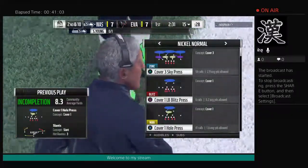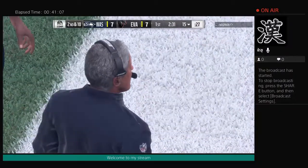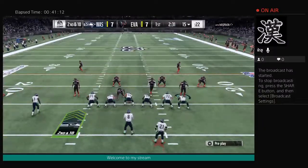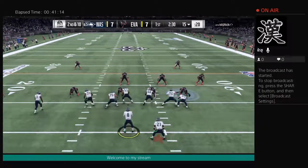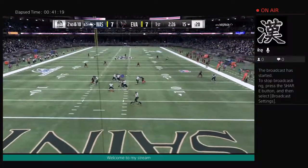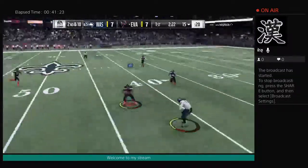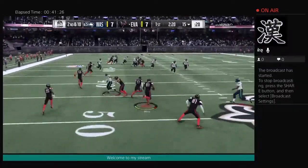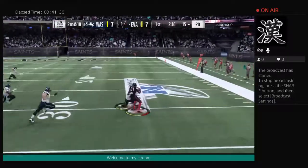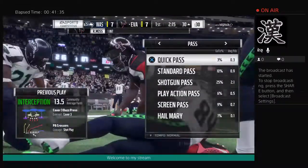And it drops down incomplete. Thought he might have had it. Instead, second down. One thing I know from experience is that when the deep ball is thrown and you're the defender, you've got to fight that little bit of panic that emerges. You've got to play the ball really well. It's a 50-50 jump ball play. And guess what? They took a shot. How are you going to win it? And in this case, try to force it to Hopkins, and it's intercepted. Picked off right around the 43. And a terrific return as he brings this one all the way back to...